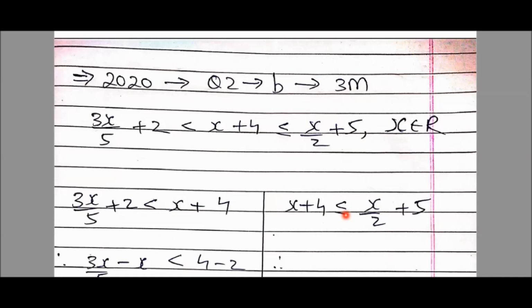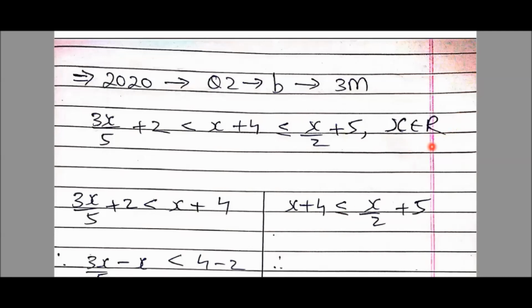See, students, when you realize one thing, questions are pretty simple. This is a simple chapter. First, I solved a sum where x belongs to natural numbers, then x belongs to integers, then the previous one x belongs to whole numbers, and now I solved a question where x belongs to real numbers.